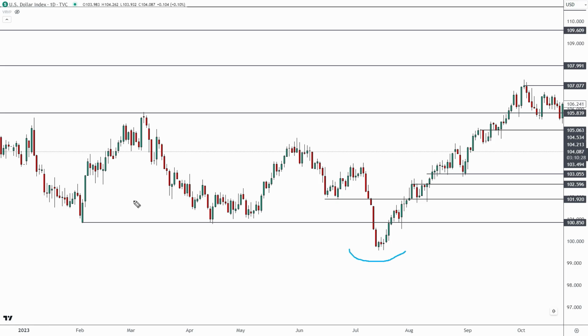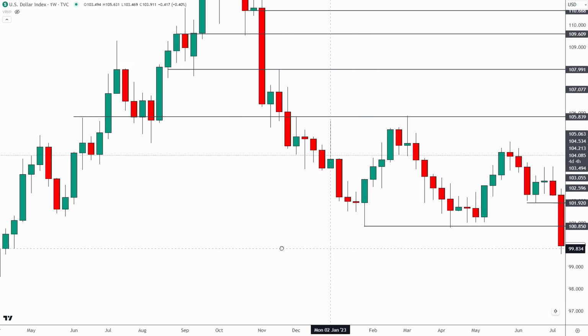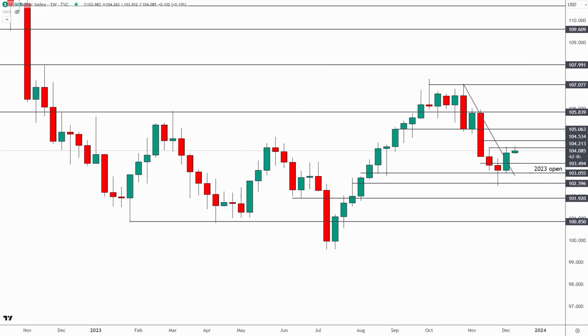Now, if you look here on the weekly time frame, it's a lot easier to see 105.80. If you look here at the weekly, you'll notice that we got the exact same thing on the other end. So this down here became a fake out, reclaim right here, retest. Now look what happened up here at 105.80. This was the range highs. We got the close above throughout all of October. Notice what happened. We got the close below, retest as new resistance, and the sell-off.